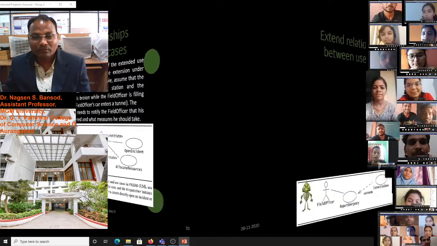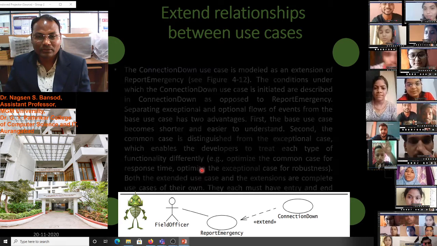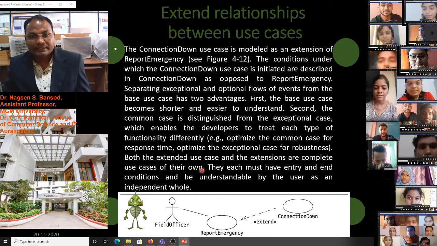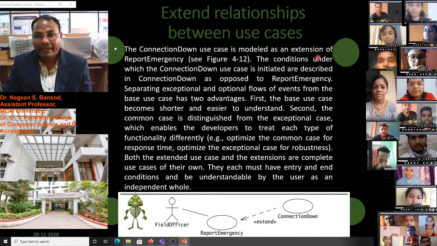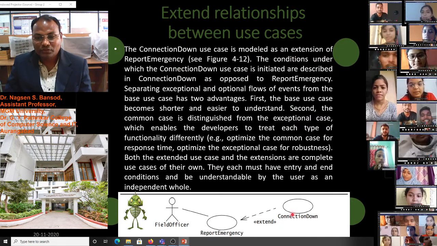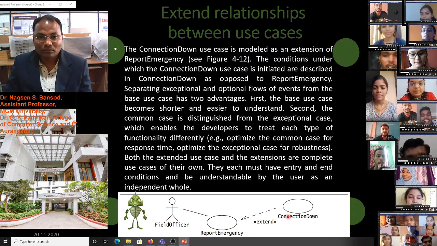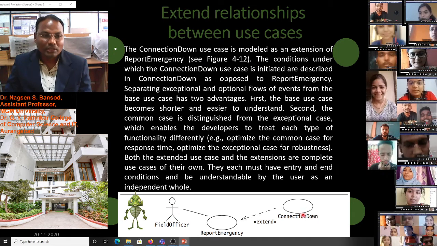Let me give you another example, then you will get clear about this. The connection down use case is modeled as an extension of report emergency. Suppose there is a connection down, and the field officer is not able to reach the dispatcher.